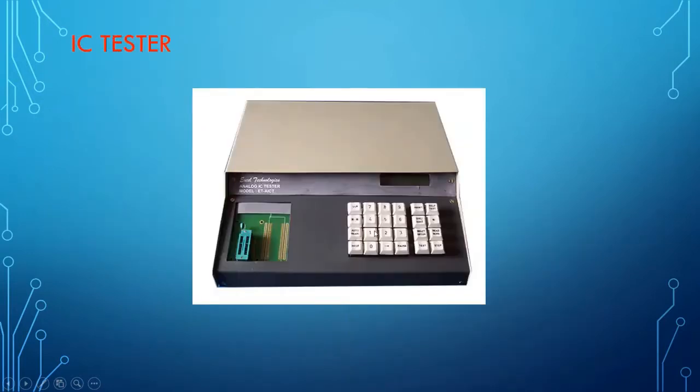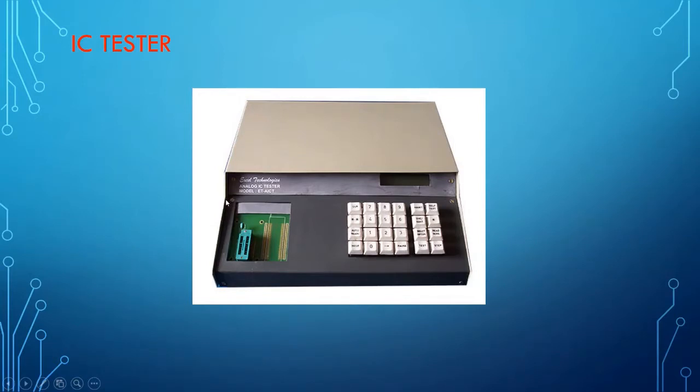Coming to the next component. This component might be given to you or may not be given to you, but it is a very important component in the laboratory to check the functionality of an IC. Let me say that I'll be giving you 3 to 4 ICs, and out of 4, one IC is not functional. One IC is damaged. So how do you know whether the IC is damaged or not?